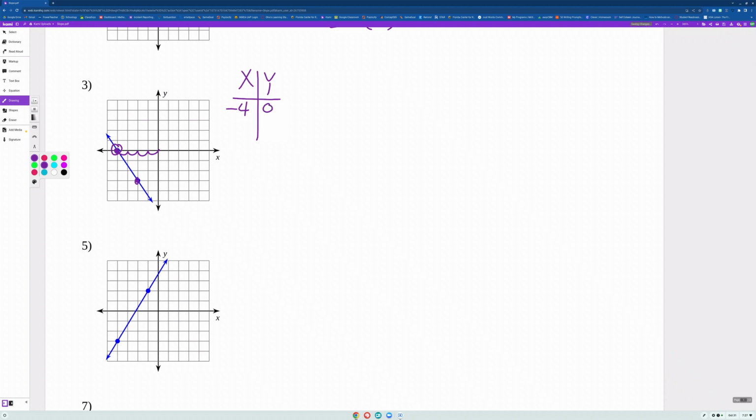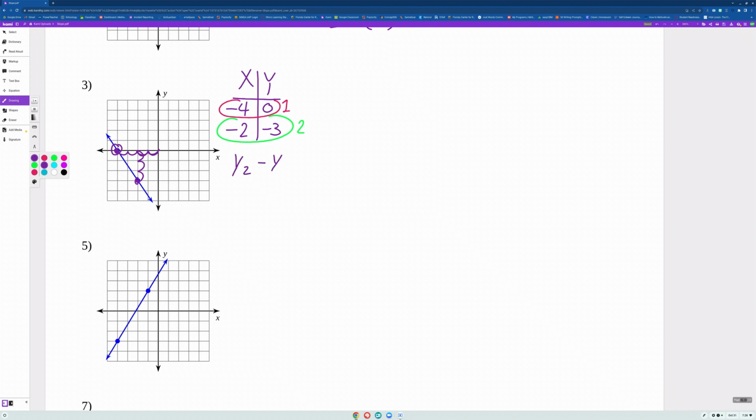And then I'm looking at my other one. Let's see if I go over 1, 2, -2, and then go down 1, 2, 3. That's going to give me -3. So this group right here is going to be my first group, and then this group right here is my second. So if I go back to my equation,